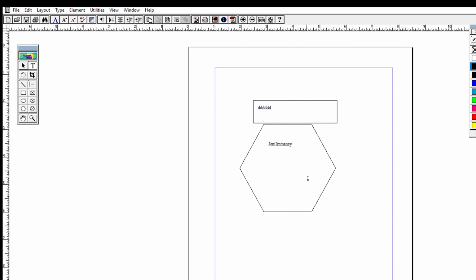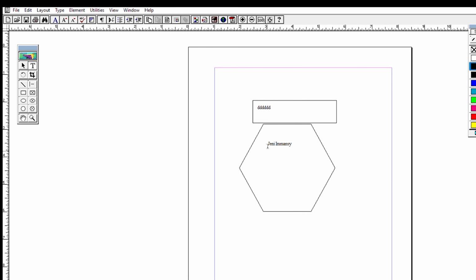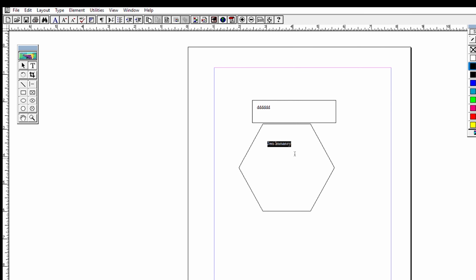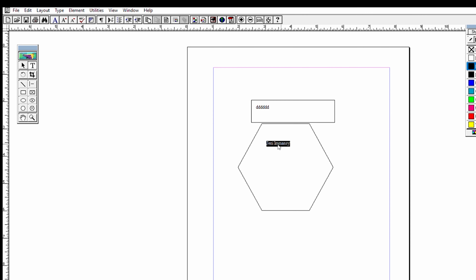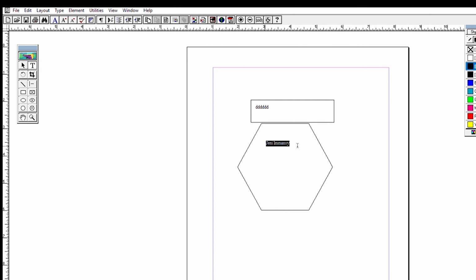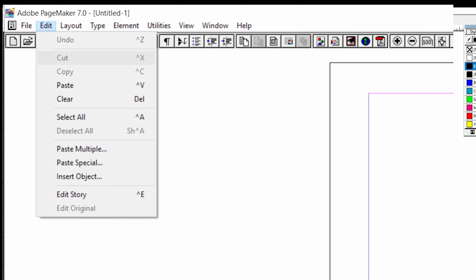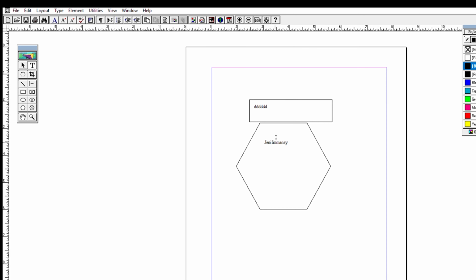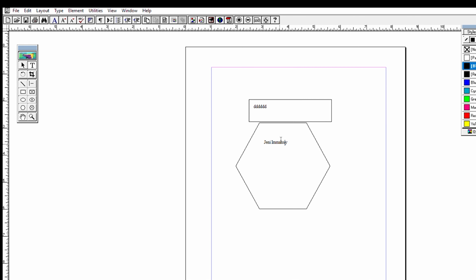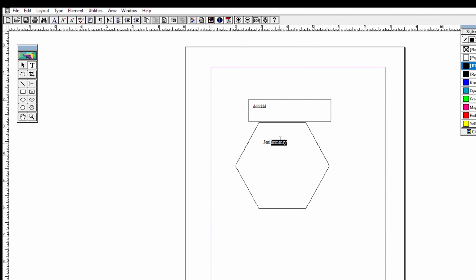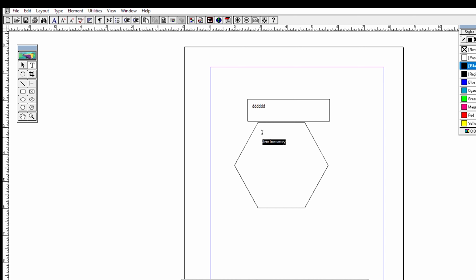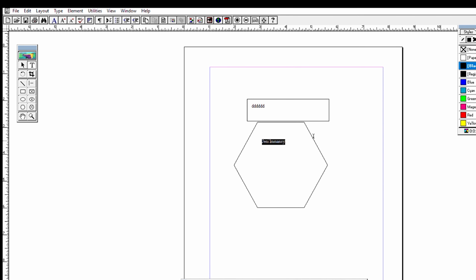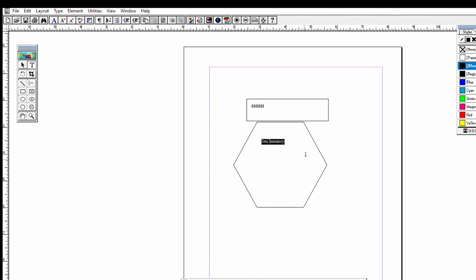Then next one, to edit. How will you edit? Just keep the cursor somewhere and just drag it. You have selected it, right? And then you can just right click and edit, or you can just select and go to edit also. Here you have copy and all, right? Another way is to keep the cursor above the word and click it twice. The whole word will be selected. If you keep the cursor here and click it 3 times, the whole paragraph will be selected. If you want to select everything, just click Ctrl A.